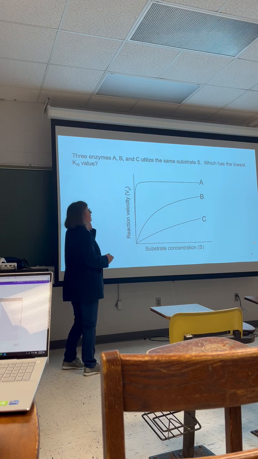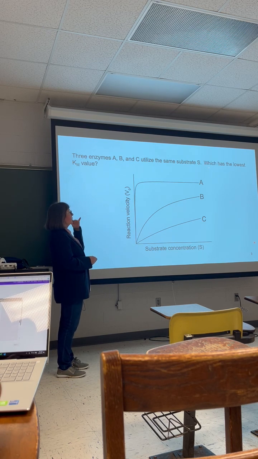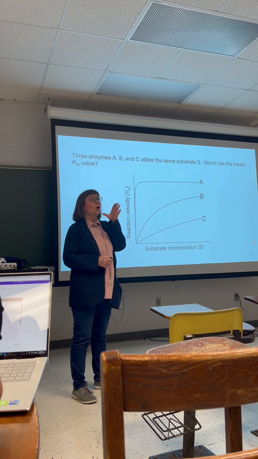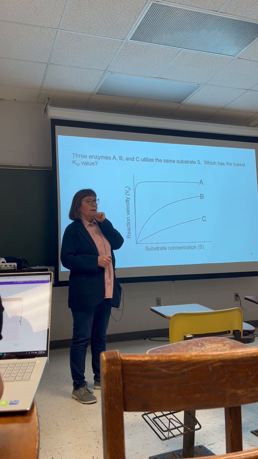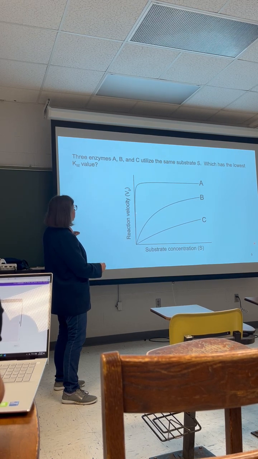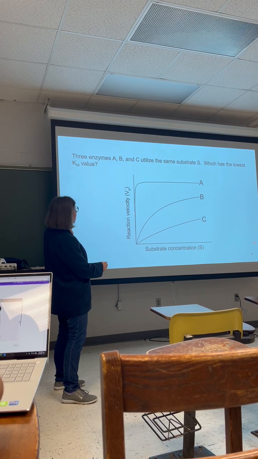Now let's ask a very simple question. Which has the lowest Km value? A, B, or C? Lowest Km. A. A has the lowest because, look, I would have Vmax somewhere here. You have to take half of it, which will be somewhere there, and you are asking at which substrate concentration you will achieve it. Of course A, because you need a tiny concentration somewhere here, and you are already reaching half